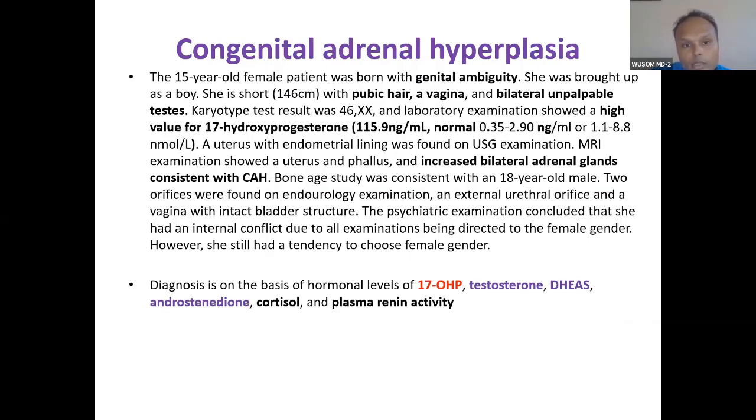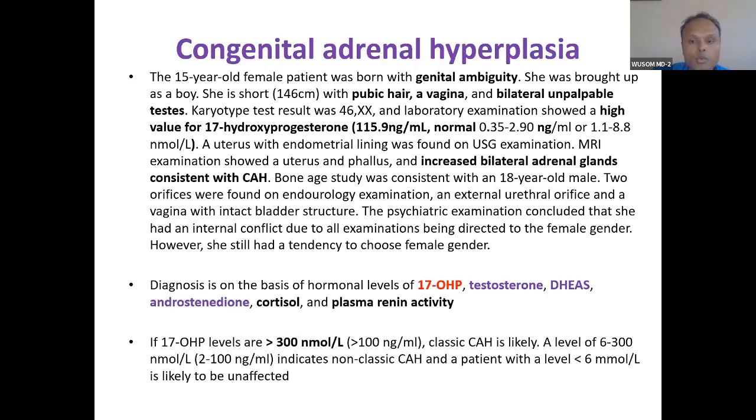I am telling you always, 21 hydroxylase deficiency. The most common, 95%, is 21 hydroxylase deficiency. Whenever you see ambiguous genitalia in a female, it can be either because of 21 or 11. If you see ambiguous genitalia in a male, it is because of 17.